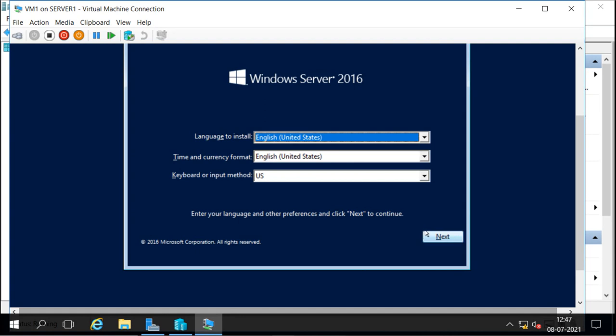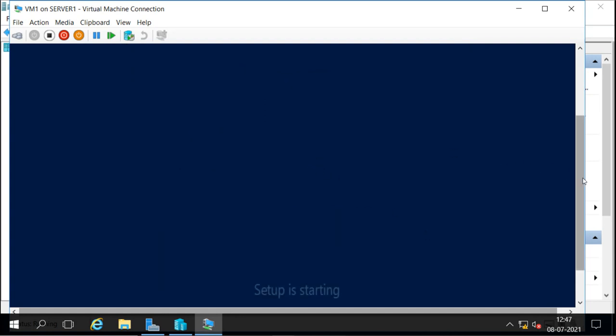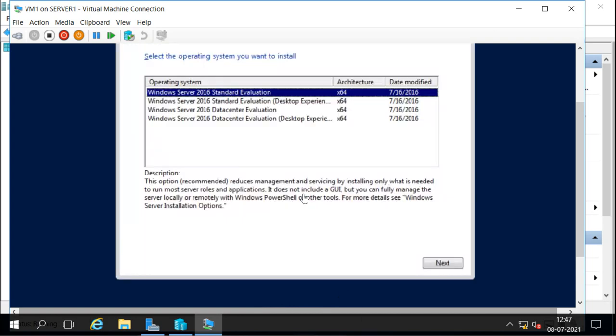So I'm installing it here. And I'm going to install it as a core. So I will go with core now.